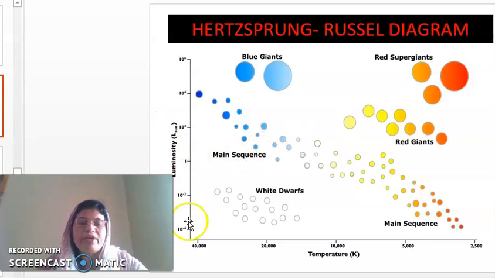Luminosity varies from 10 raised to minus 4 units to 10 raised to plus 4 units. The position of the Sun is somewhere here. The Sun is said to be an orange or yellow colored star, not white, somewhere between orange, yellow and white. The Sun's color is here in the main sequence.